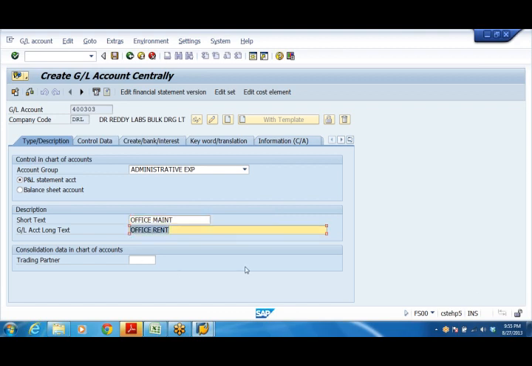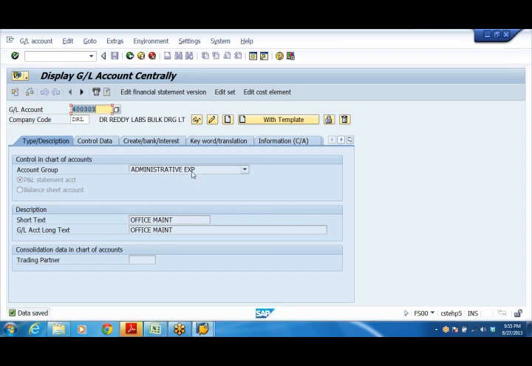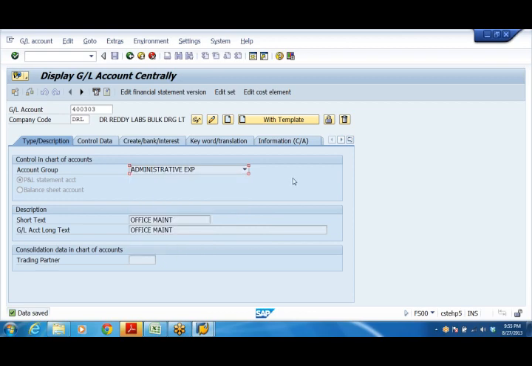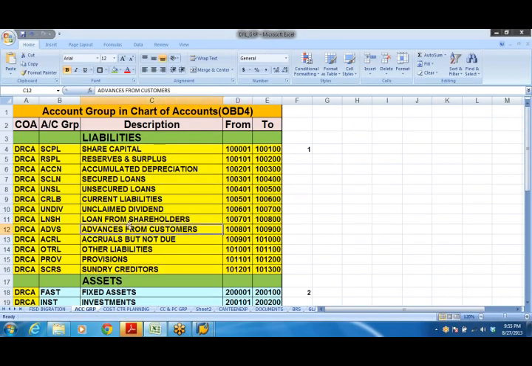So there we told the system that I'm going to create GL accounts from this range to this range. Already we have created these groups in the account group. All these are nothing but the OBD4 groups. Wherever we have defined, all these things appear. Now we are creating the GL accounts in the same range. I told the system my share capital group is this, and from this number to this number I'm going to use the numbers. Why did I tell the system? Because a gap of 100 numbers is there, so I can create GL accounts from 100001, 100002, 100003, like that up to 100100.